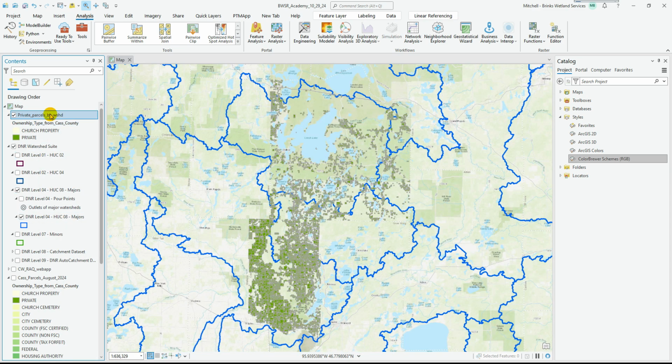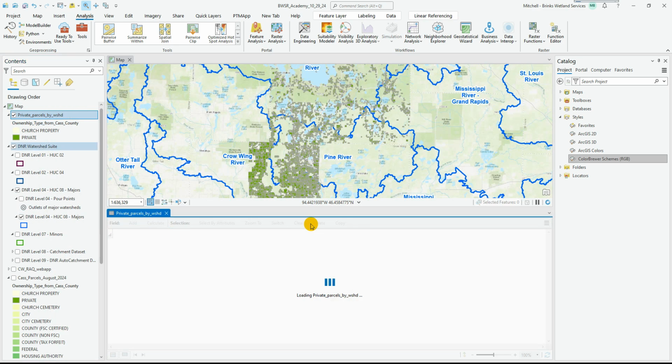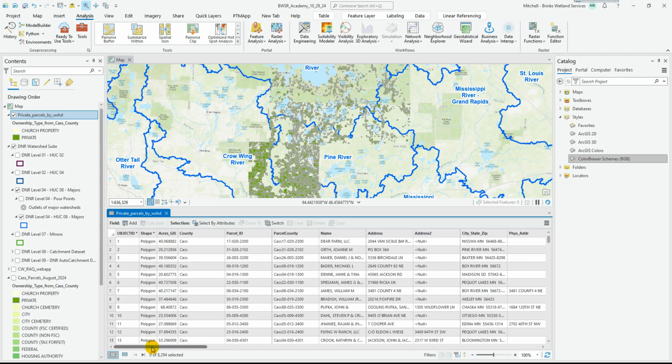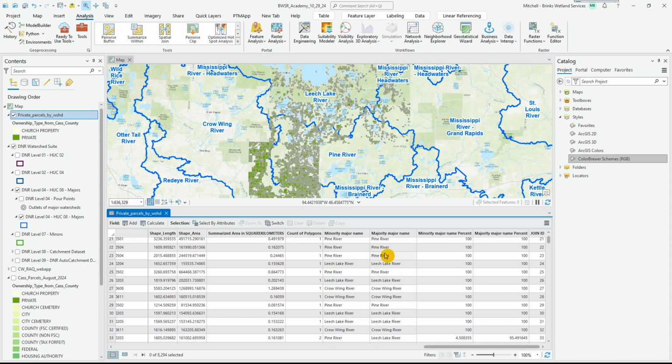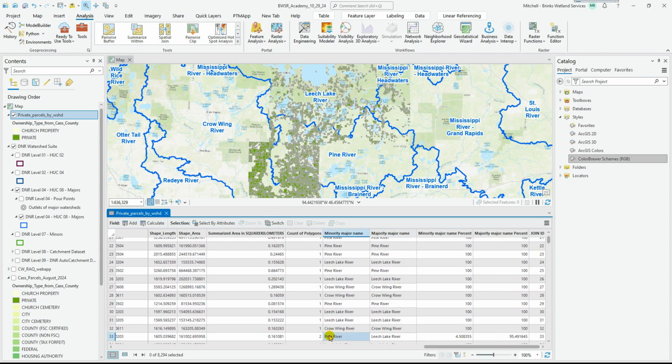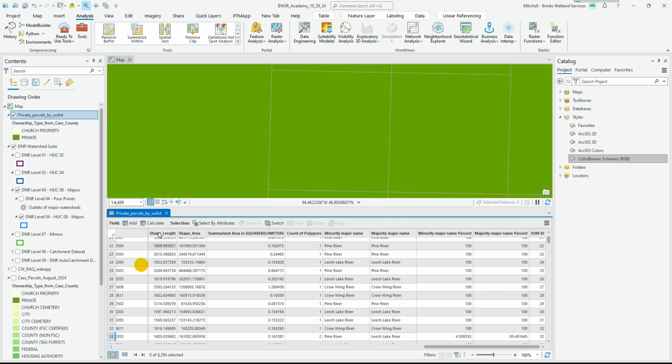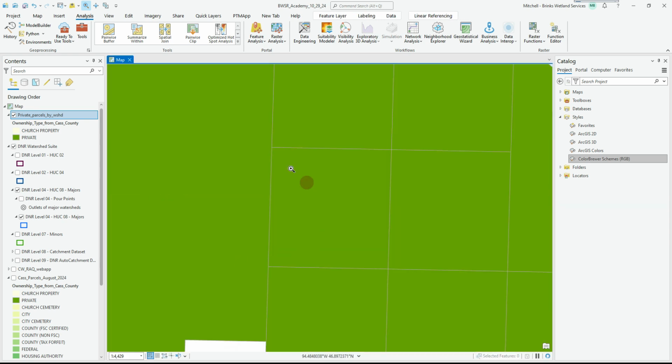Zoom to that layer like you could in the past. Open attribute table. And you'll see at the end it's got the majority major watershed name, the minority. So in this case, it's got Leech Lake River, Pine River for 5%. So that would be one that would be on the line if we